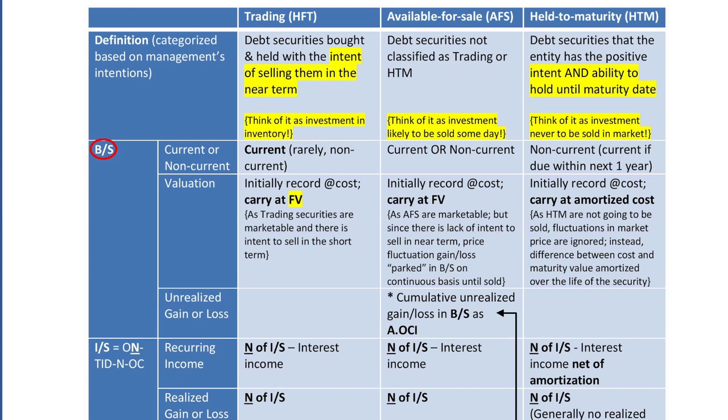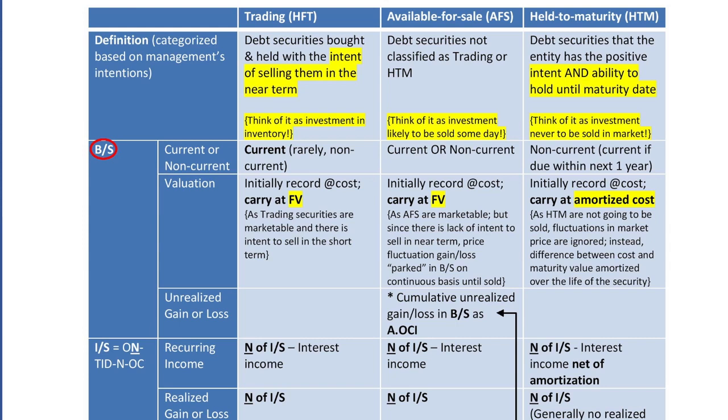Available for sale securities, again, they're carried at fair value. However, held to maturity debt securities are carried on the balance sheet at amortized cost. Think about it. As the held to maturity securities are not ever going to be sold, the fluctuations in the market price don't matter, they're ignored. Instead, the difference between the cost of buying the securities and the maturity value is amortized over the life of